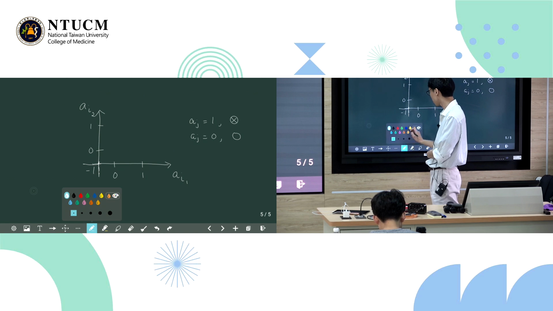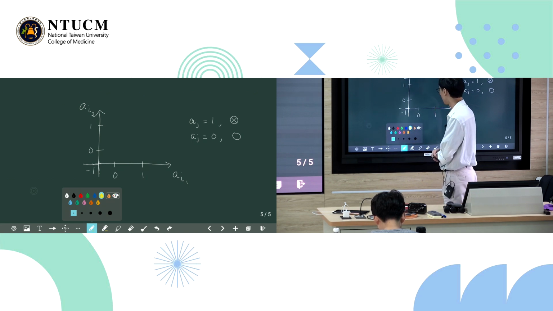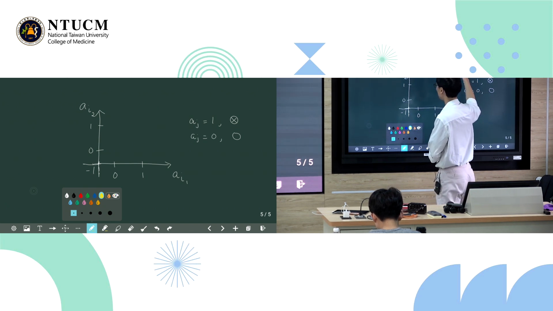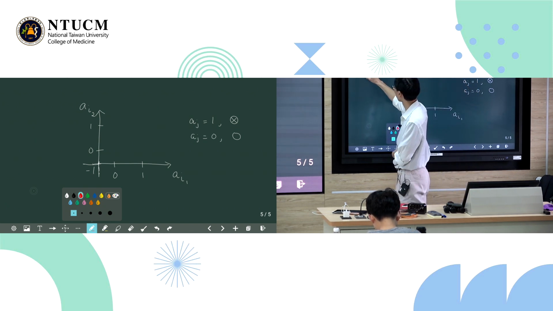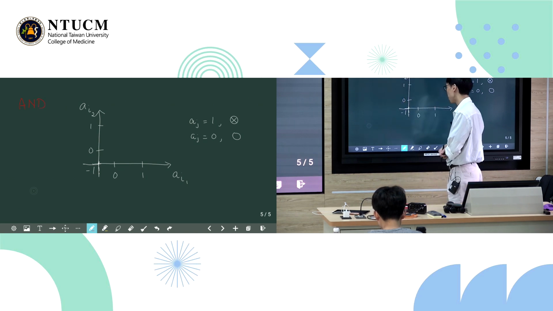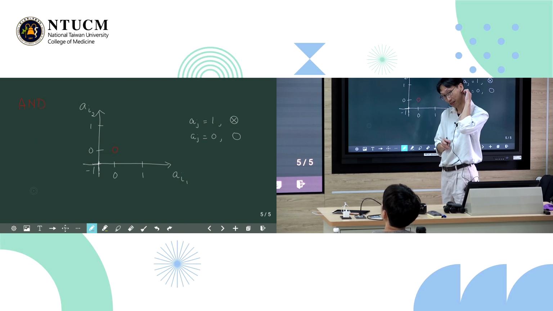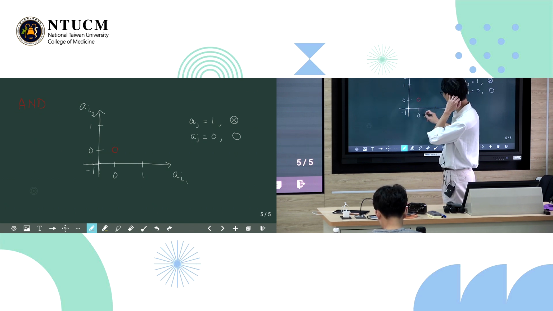Right, so for the AND problem, when AI1 is 0 and AI2 is 0, what is AJ? And when one is 0 and the other is 1, and so on.